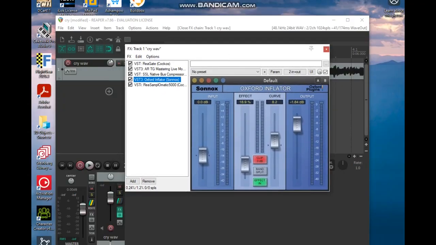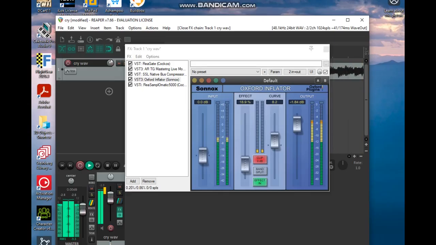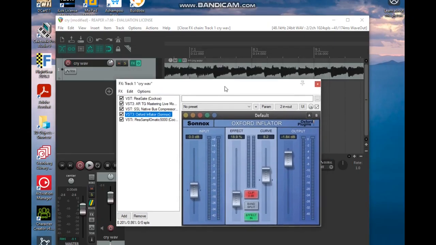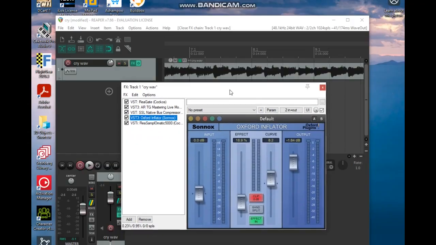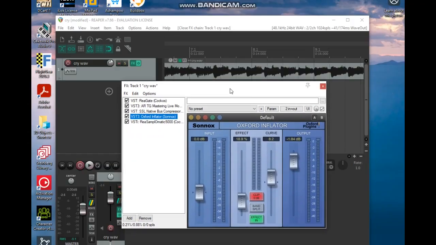You just have to basically push play and make the adjustments, and it automatically goes onto your waveform.